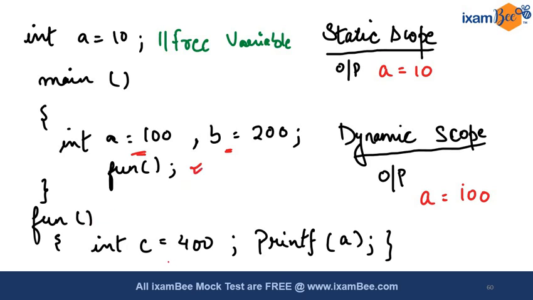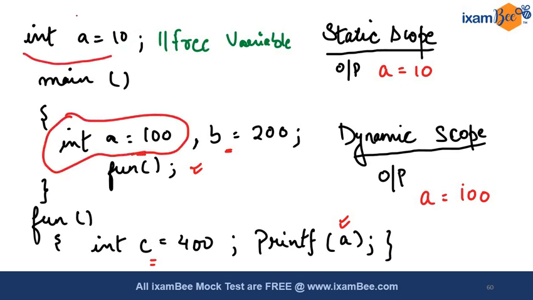Then inside fun we have a variable called c, which is a local variable, and then we try to print the value of a. You can see a is defined in the main space as a equal to 100, and a is also defined in the global space as a equal to 10. So when I print the value of a, what value will be printed if I use the static scope,